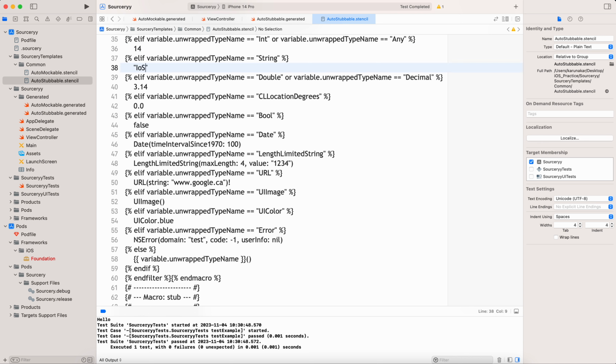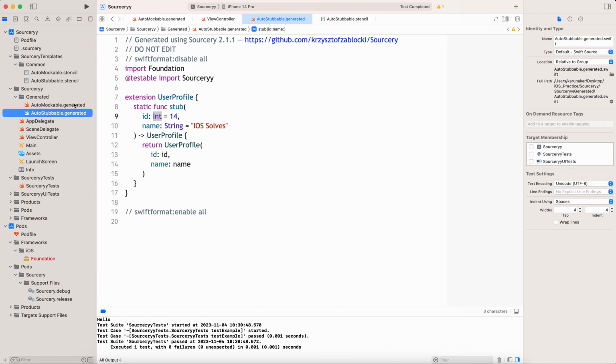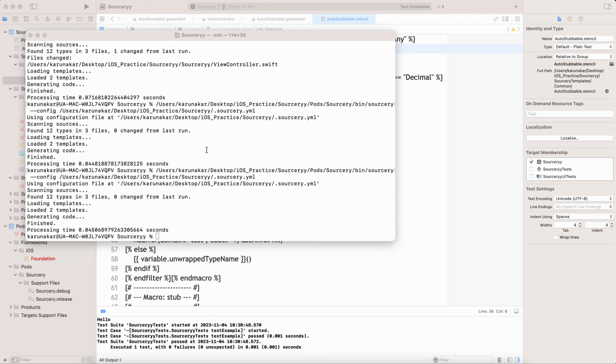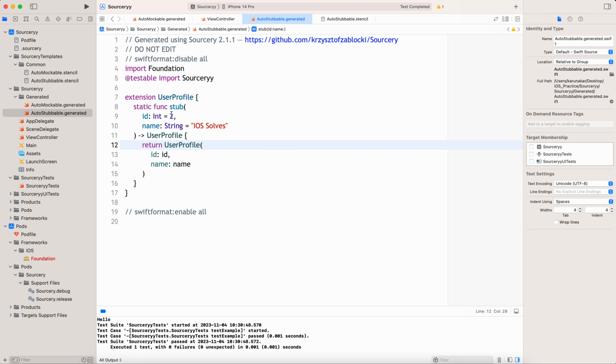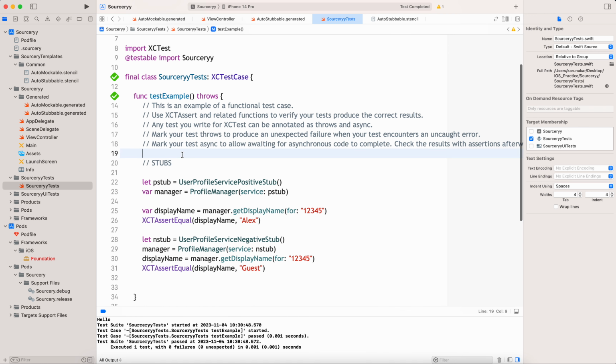For example, if you don't want something like this, here you can change it, and next time when you run it, see, it changed. And the id 14 I don't want. In the stencil, the default value I want is, let's say, 2. So again you do the run, then you get whatever you want. So that's how it is. It's very easy. Stubs are automatically generated, and we can pretty much use them like user profile dot user profile